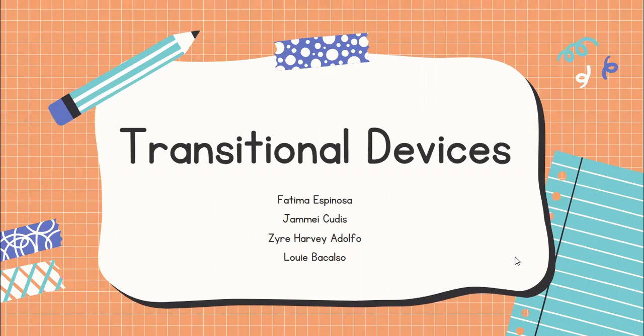So before we start, I'd like to orient you, class, about our classroom rules. We are aware that we're in this online setup, so class, I'd like you to be mindful of your mobile phones. When someone is speaking, you have to be silent and you have to listen. Also, please mute your mics and, if possible, turn on your cameras. But if your connection can't handle it, you can turn it off, class.